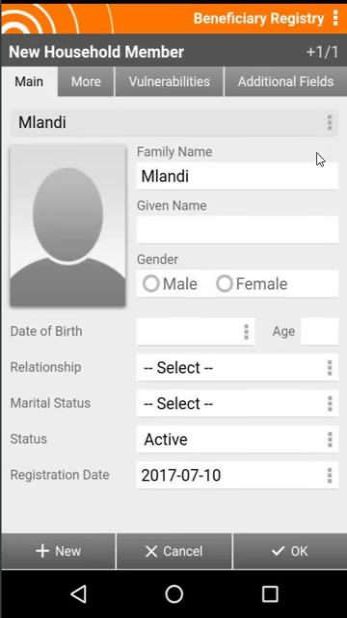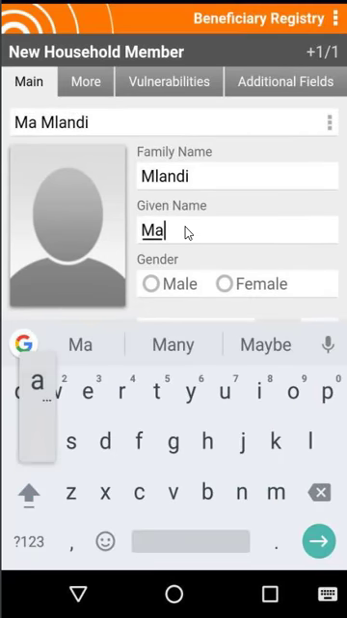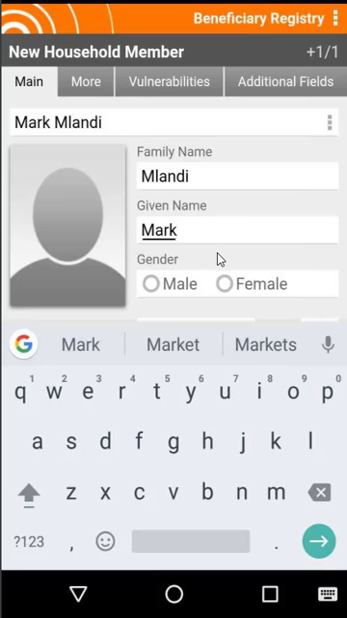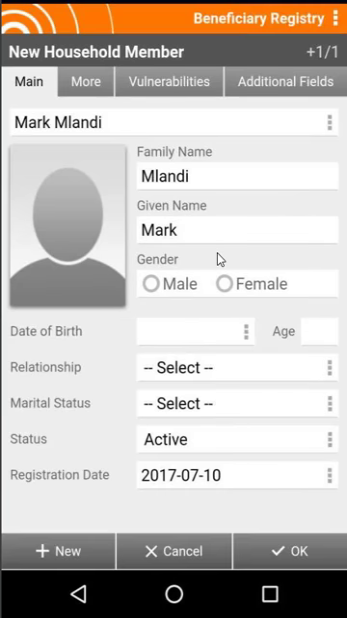As you can see, family name carries through from the new household screen. If the household member has a different family name, then you need to override the current family name with the necessary family name. Given name, enter the household member given name or the first name. For example, Mark. If the beneficiary has some form of government ID, enter the given name as it appears in